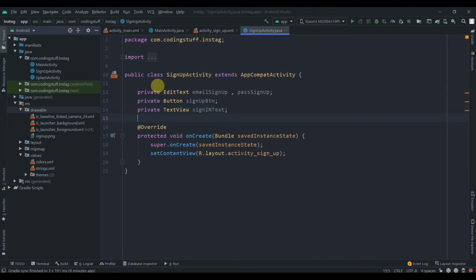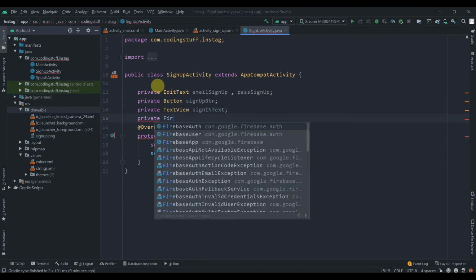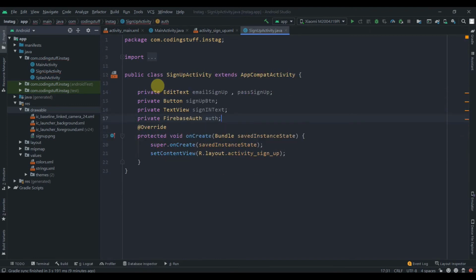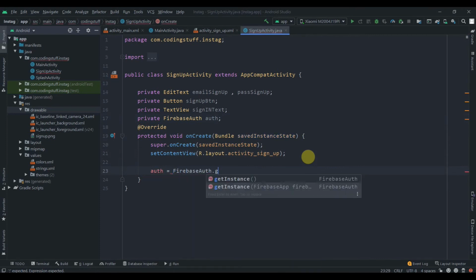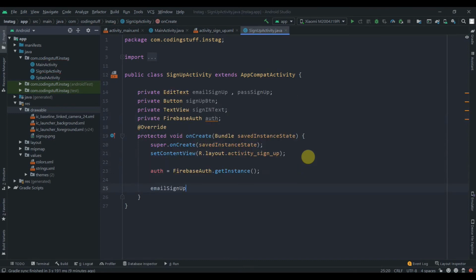Okay, so now we'll require the Firebase authentication. So for that, private Firebase auth, let's name it as auth. So we need to initialize our authentication, so FirebaseAuth.getInstance, and we'll collect all the IDs for widgets. So email sign up,